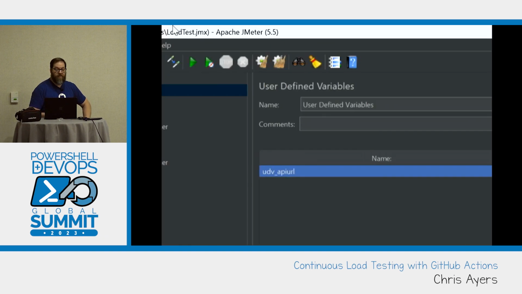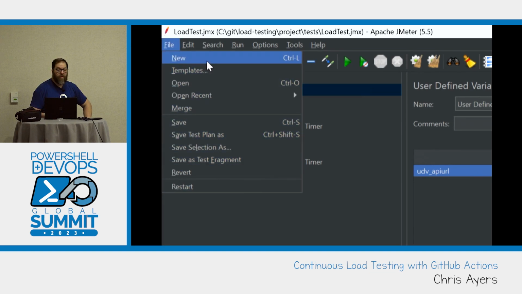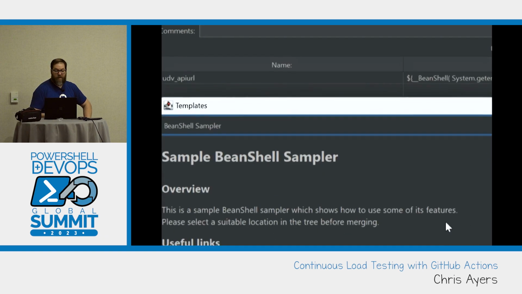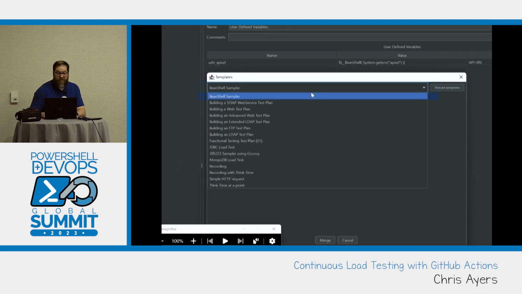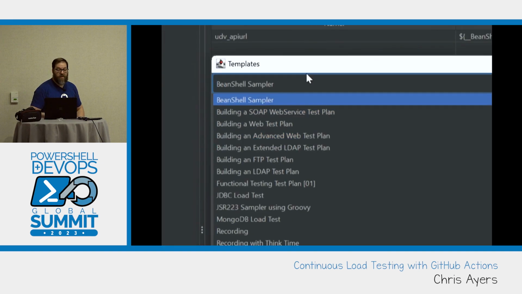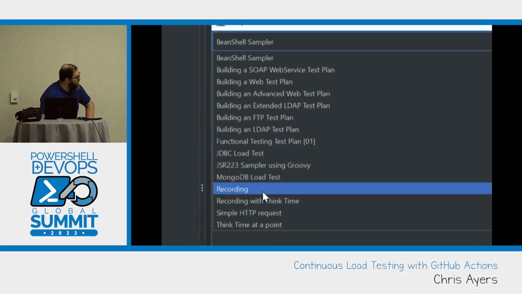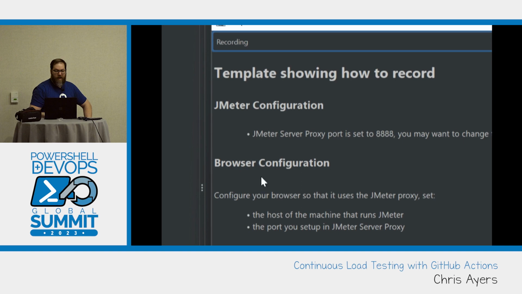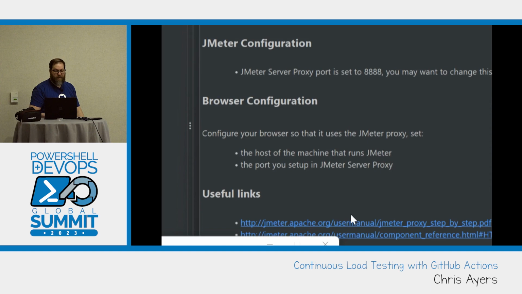So I mentioned that you can do a template. So these are the templates. You can see a SOAP web service, an FTP, an LDAP, and then we want to do a recording. So this is how you can record your browser to do multiple steps. Like, hey, I want to log in, I want to add the thing to my cart, I want to try to check out. You have to set your proxy to point at JMeter, and then this will actually create